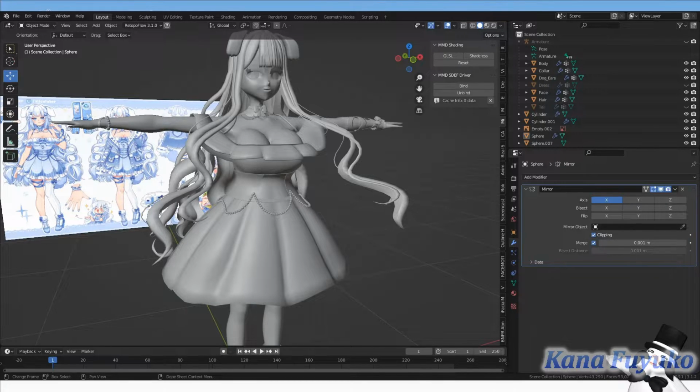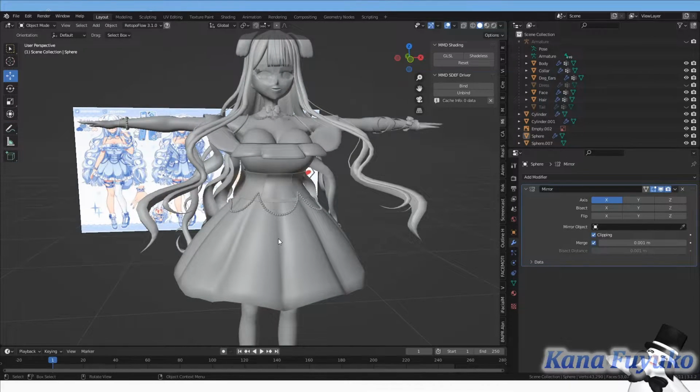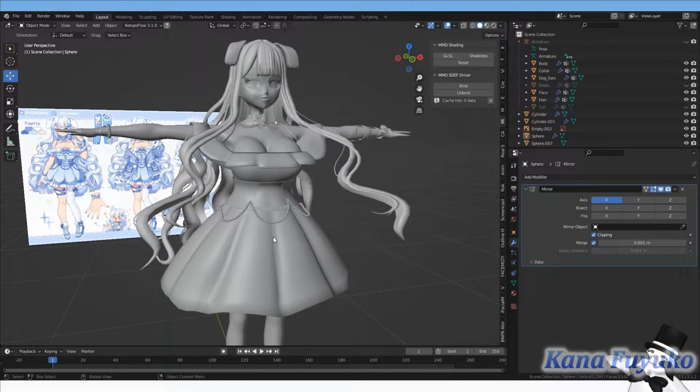So in this following tutorial, I'm going to be showing you how to rig skirts and dresses inside of Blender. Since many people have asked me how I did it with my main model, and since I had this commission from Alice, while I was working on rigging her dress, I was struggling a bit on getting some sort of workflow with the skirt rigging or just remembering how I did it. But eventually, I remembered my workflow and I want to share it with you guys. So in case you want to rig skirts and dresses, you'll be able to do it.